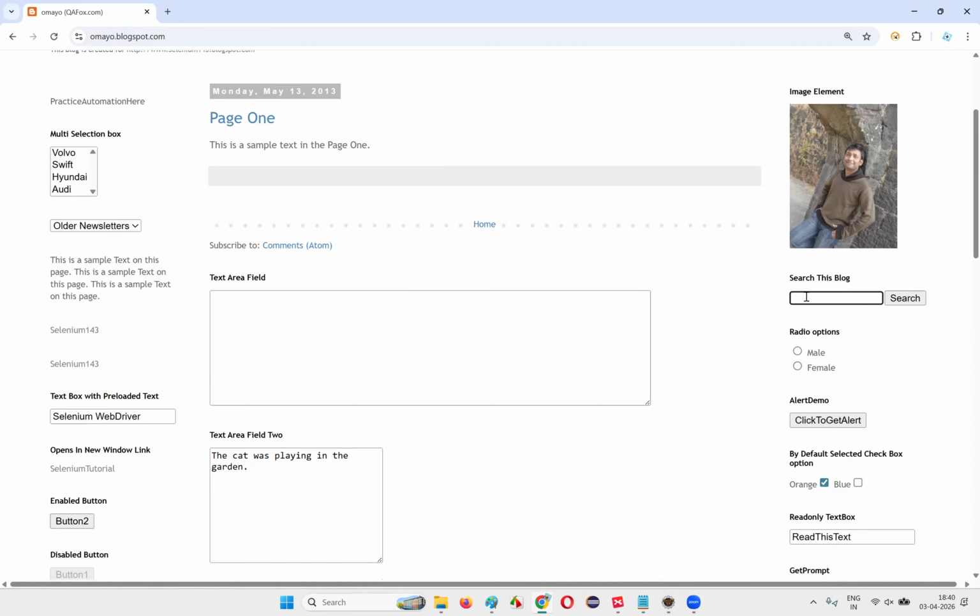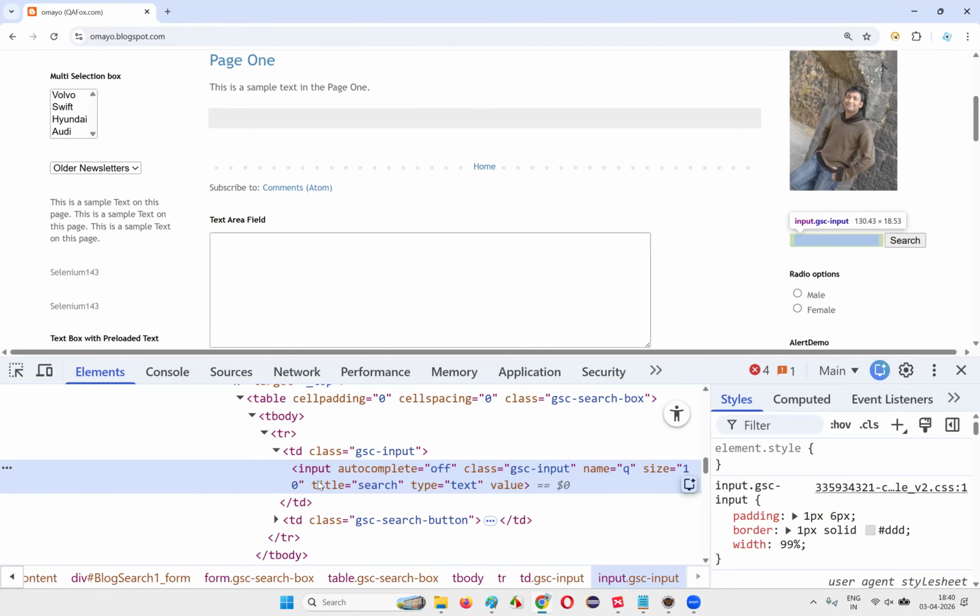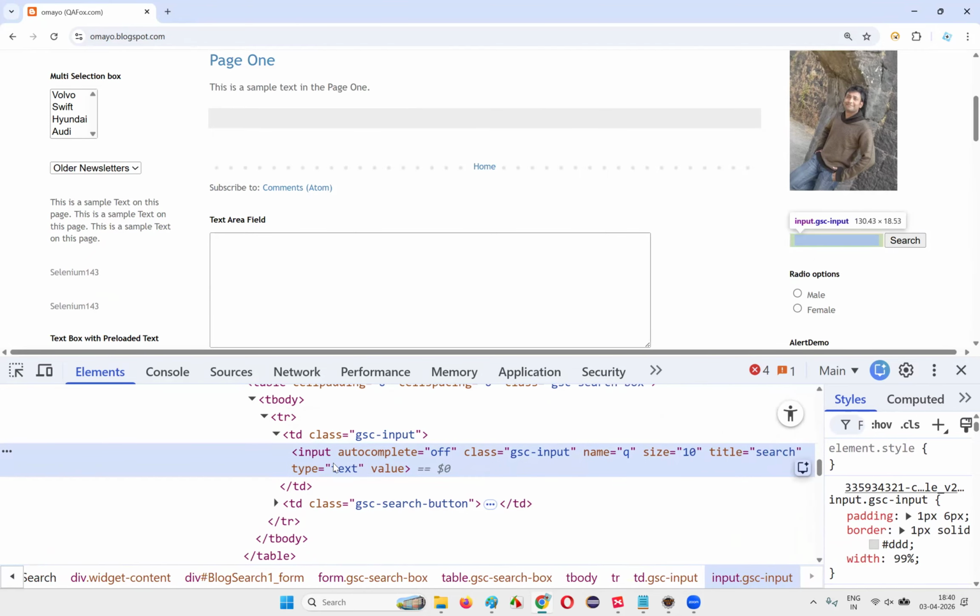Let's select this text box field, right click here and select the inspect option. The moment you select the inspect option, here you will get the HTML code that is written by the developer for developing this text box field. This highlighted HTML code is the code written by the developers for developing this text box field element on the web page. So if you carefully observe this HTML code of this text box field, do you see